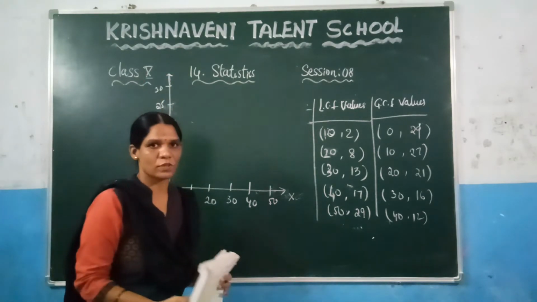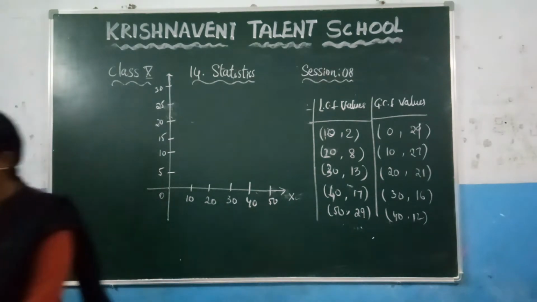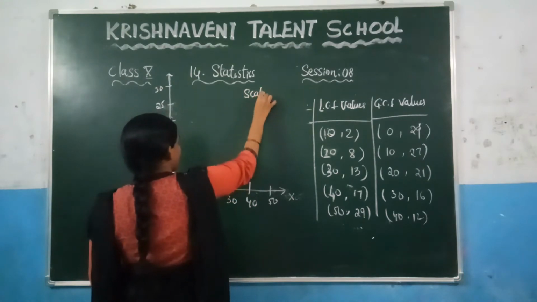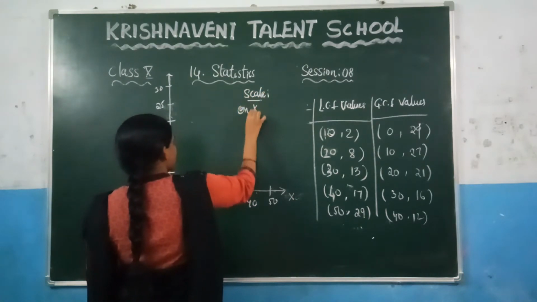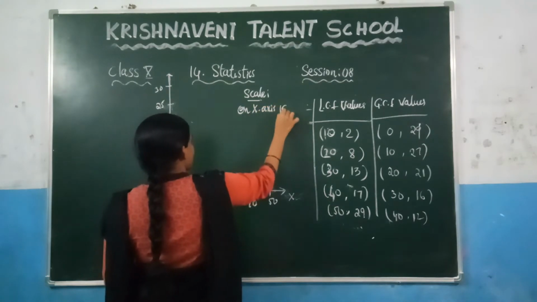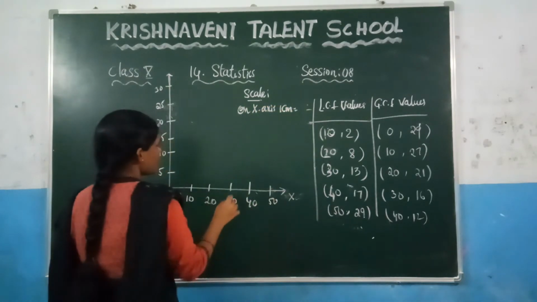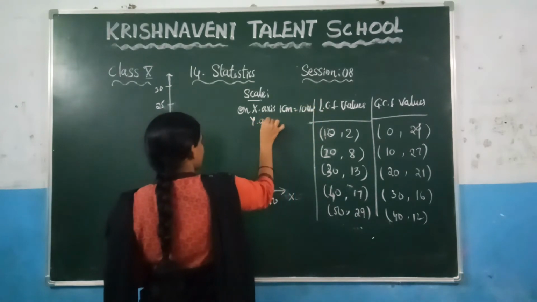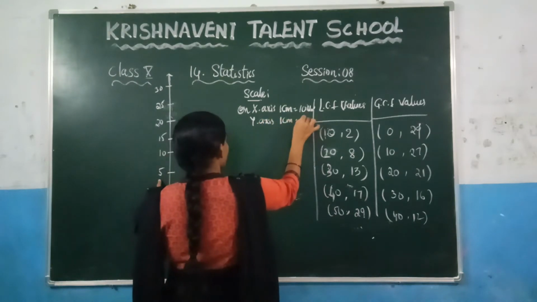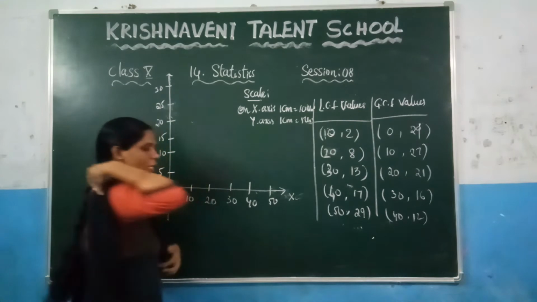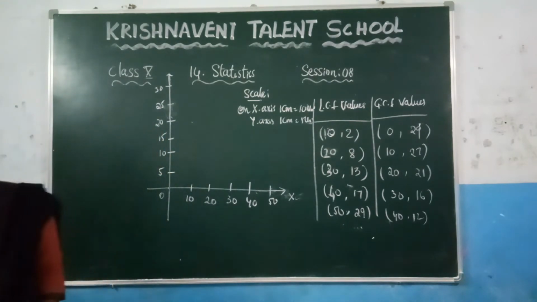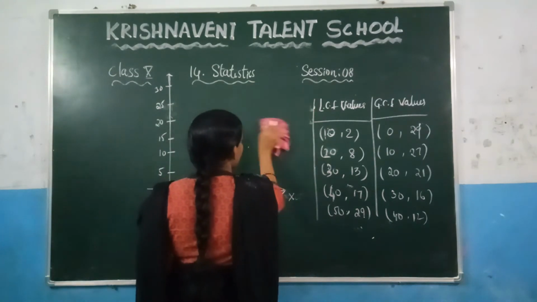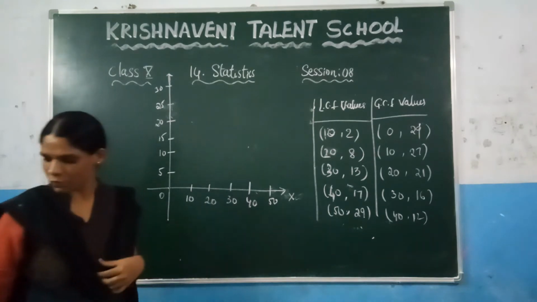If you want to represent this on a graph, how do you represent it? Before doing that, you need to write the scale. Scale is very important to know. How do you represent on the x-axis? 1 centimeter is equal to how many units could we keep here? 10 units. And similarly on the y-axis, 1 centimeter is equal to 5 units. So the scale is very important while drawing the graph. Since the space here is not sufficient, I am rubbing this out. So while drawing the graph, you need to write the scale, like what I have written before.